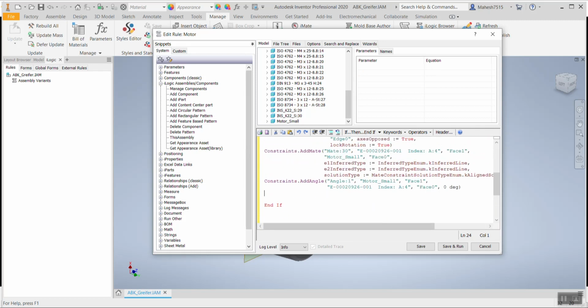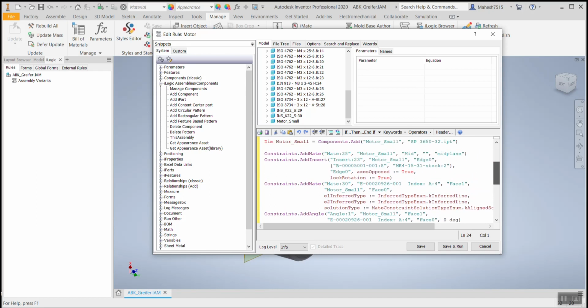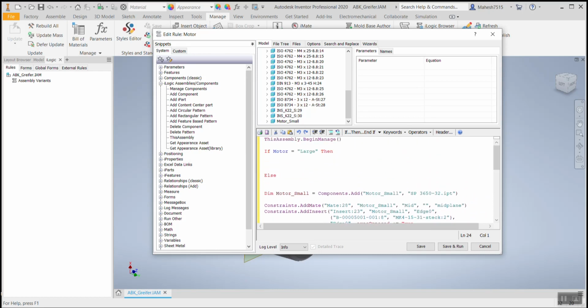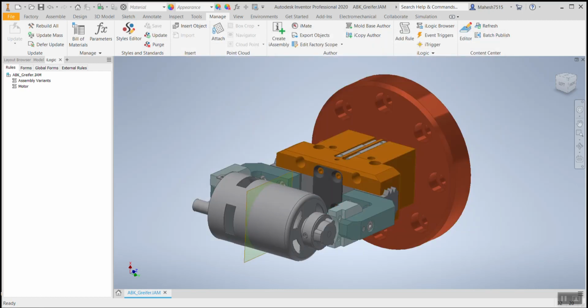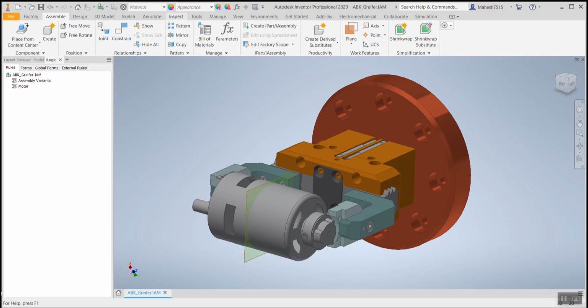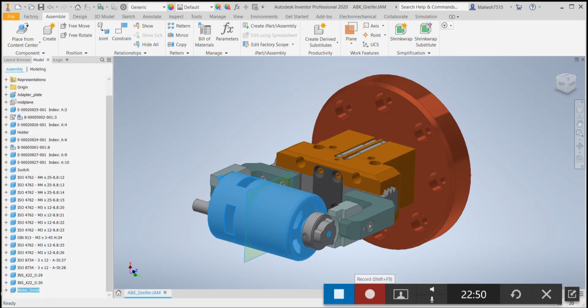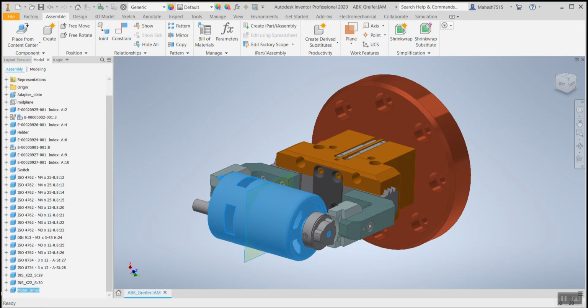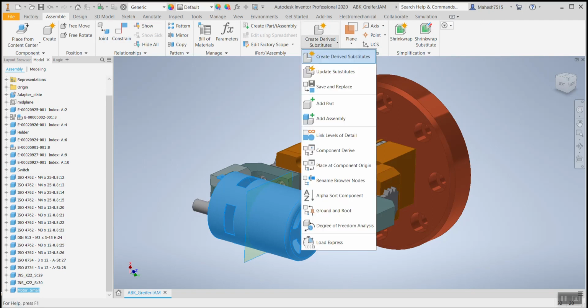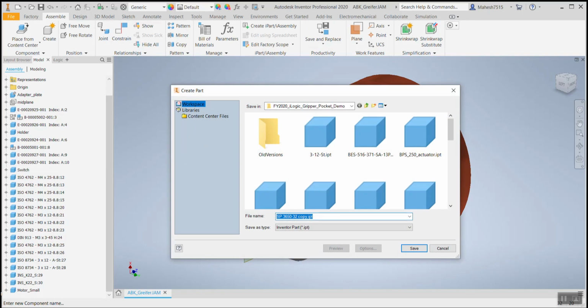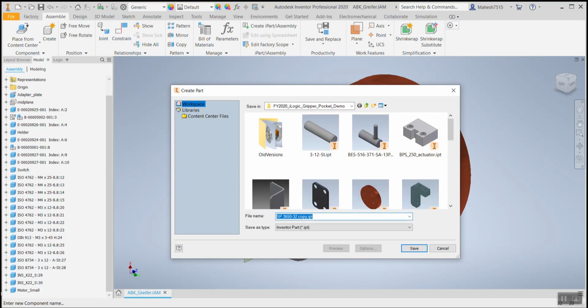So after that there is endif, and after endif we have end manage, right? So we'll go back and create our large motor. Because we don't have any model for that, we have to create one. I'm not going to save and run. We'll go to the assembly browser, go down and select the small motor. Go to assemble, and in the productivity ribbon, drop down and we can see an option, save and replace. It will create as well as replace your current part with the new part.